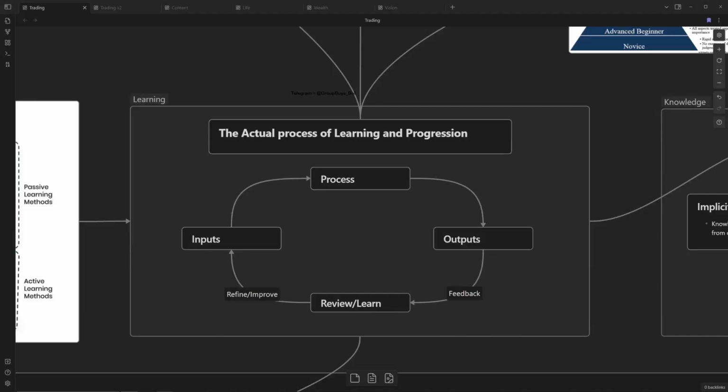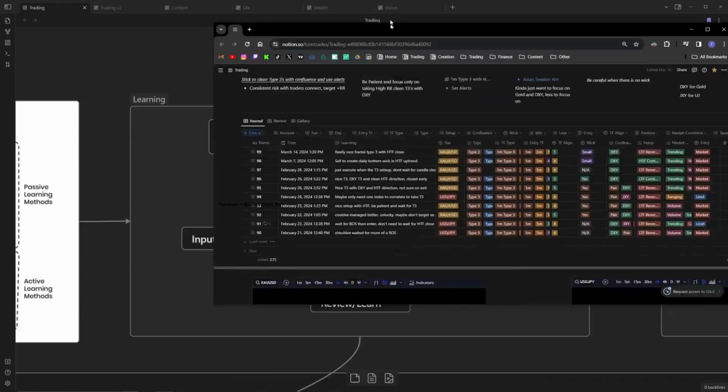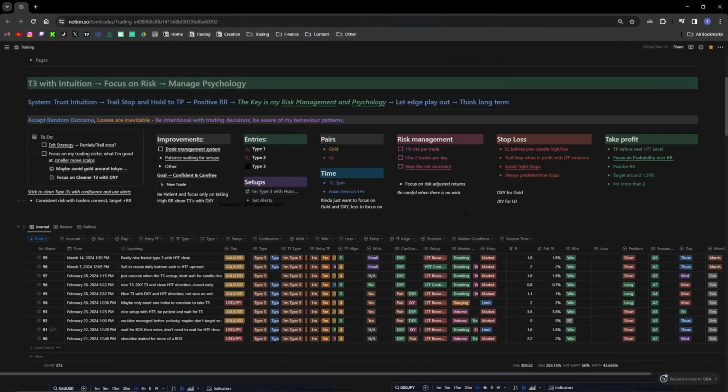But yeah, so a journal is all about tracking that, getting that feedback, tracking that plan. But you have to track that feedback against a certain goal. I'm trying to improve a skill. How do I know what I need to do? A journal will help with that, but you need to have a plan. In order to be consistently profitable, you first need to be consistent. So you need to have a plan.